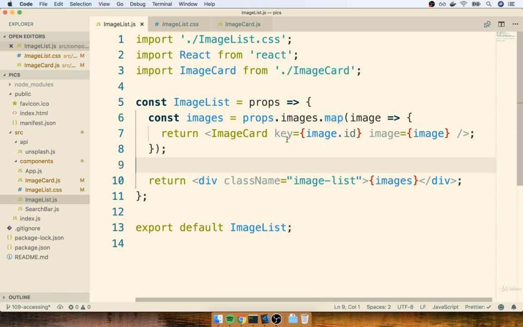Anytime we make a list, we always have to define, maybe not have to, but highly recommended to define a key on the root element that we are rendering into that list. In general, we want to use a key that has a value that is consistent and unchanging for each record between re-renders. And so if you're ever working with data that has an ID property, you're almost always going to use the ID of each record as the key property.